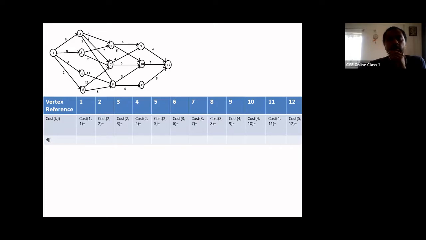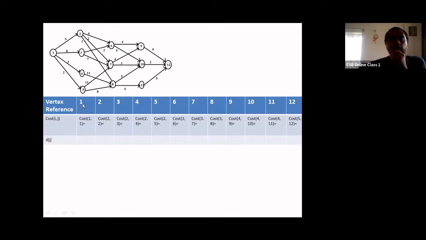What is D of j? D stands for direction. So it is trying to give a direction of flow. If j is 7, suppose 7 wants to connect to 10, we can mark D of 7 as 10. So it is connecting to 10 in our shortest path. We will fill this table as and when we find the values. Ultimately this table will give us the complete flow, how exactly we can find the shortest path from source to sink.